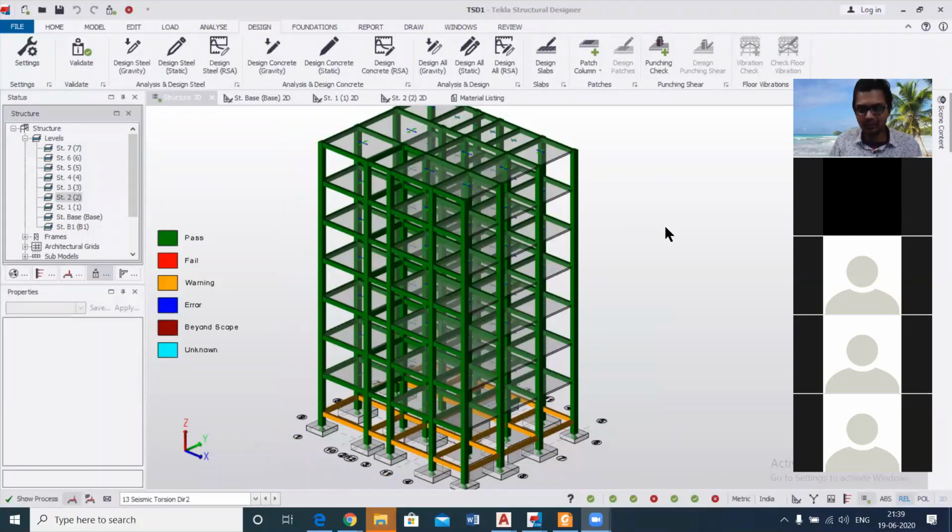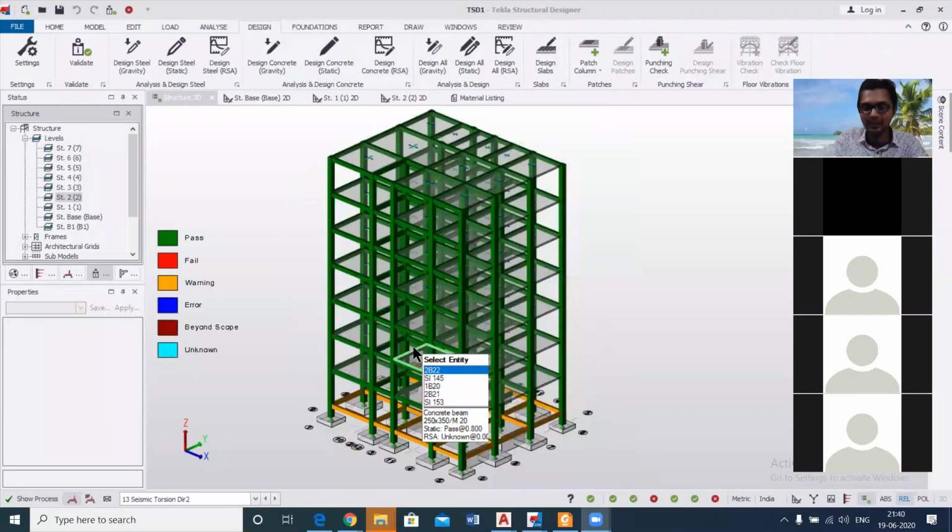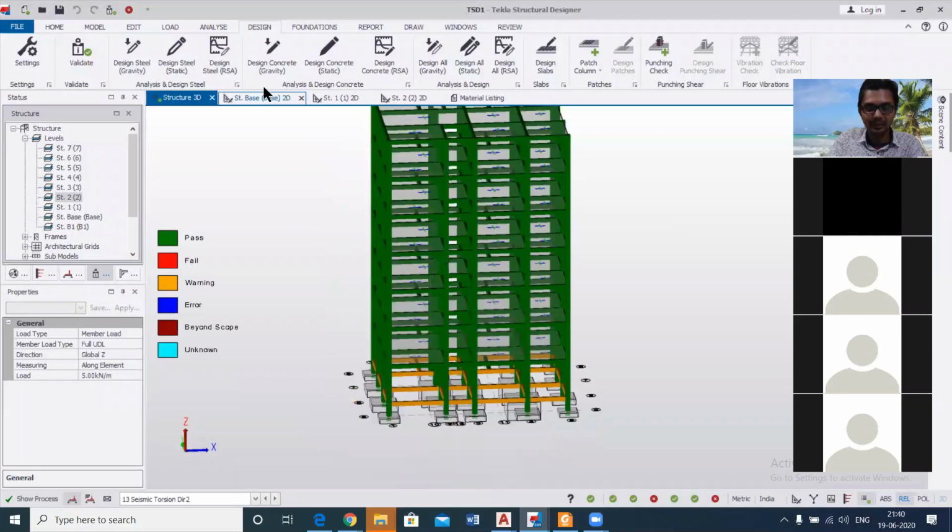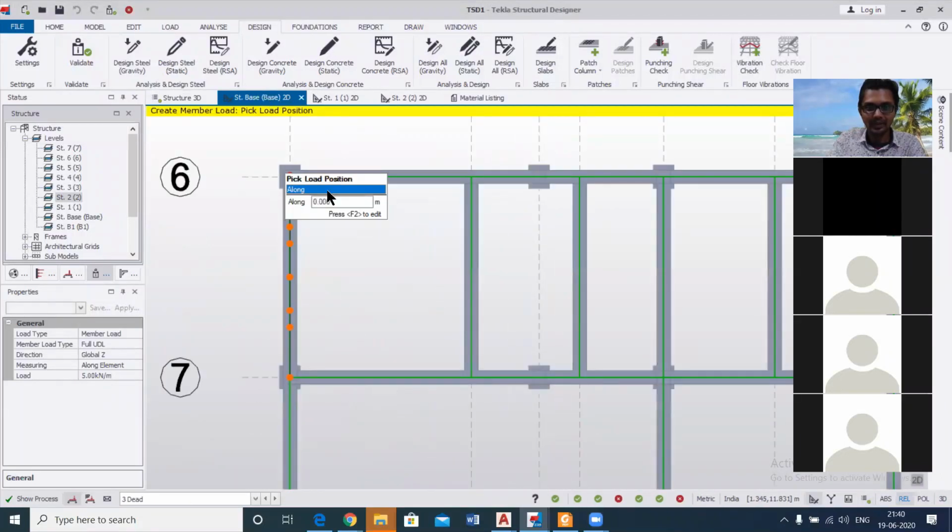So basically, this course will not be just to teach you this software. It will be to teach you the input to this software, which is the drafting part, so that you can draft any plan, because the basic job of a structural designer starts when any architect or planner gives you the architectural plan, and then you draft it, and then you have to assign the column positions. So how to think where I could place the columns, which size I can give, and in which direction the orientation will be. Suppose it's 150 by 350, where the 350 will be, and in which direction the 250 will be.